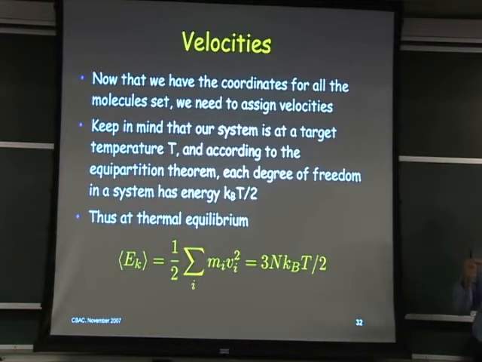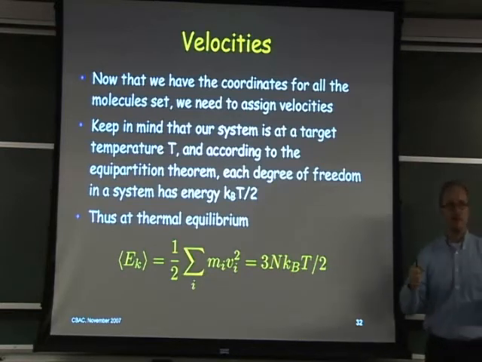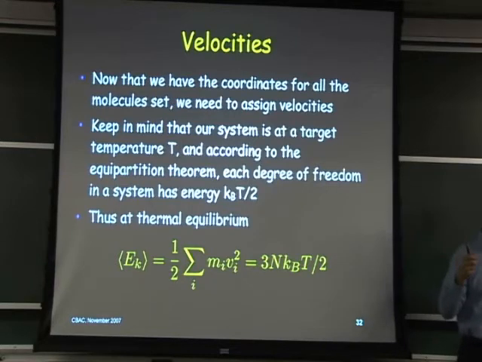The velocities, we make use of very simple axioms from physics, mainly the equipartition theorem, that tells us that each degree of freedom in our system is going to have kT over 2 of energy. So kT, this is Boltzmann constant times the temperature. This is the thermal energy that you've got, which is driving the system. Obviously, if we were to simulate a system at 0 degrees Kelvin, there's no motion, but when we're performing this at 300 Kelvin, or room temperature, we've got this thermal energy which is really driving the dynamics of the system.